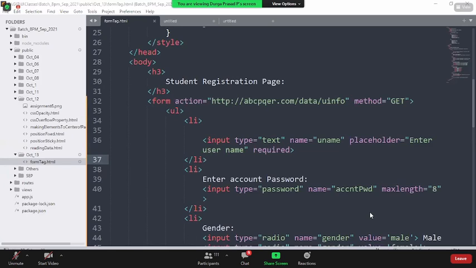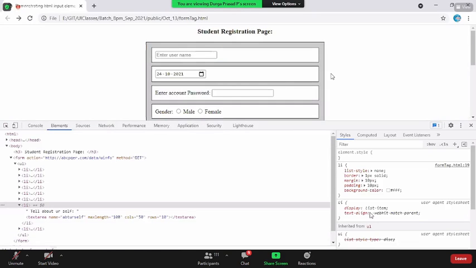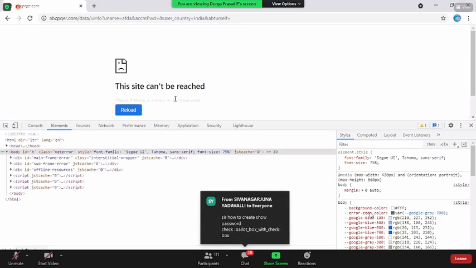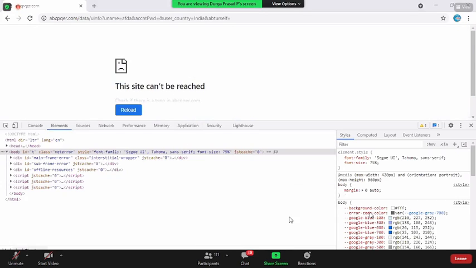You see, my server is dummy, but even when I click and give the data, the form tag does its job by reading the data and sending it to the server. Yes. Okay. Next.